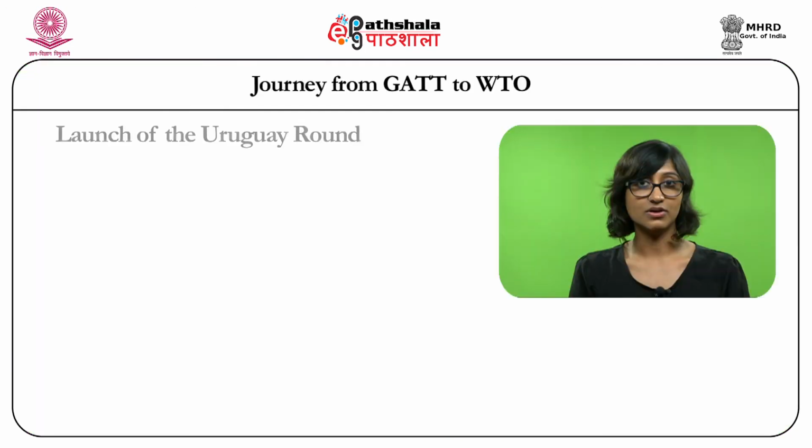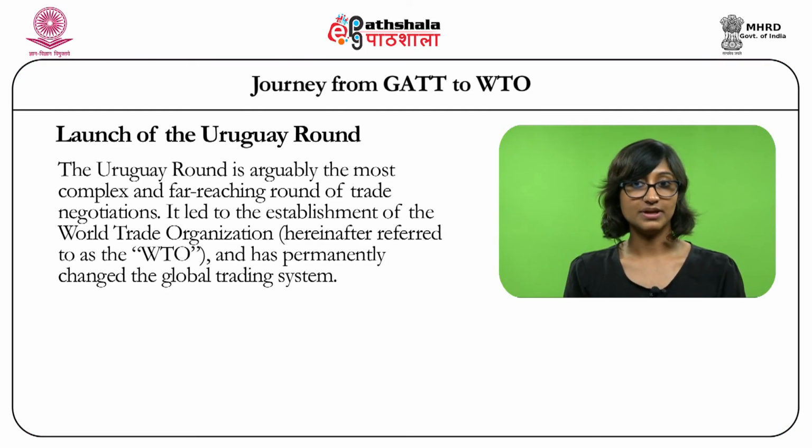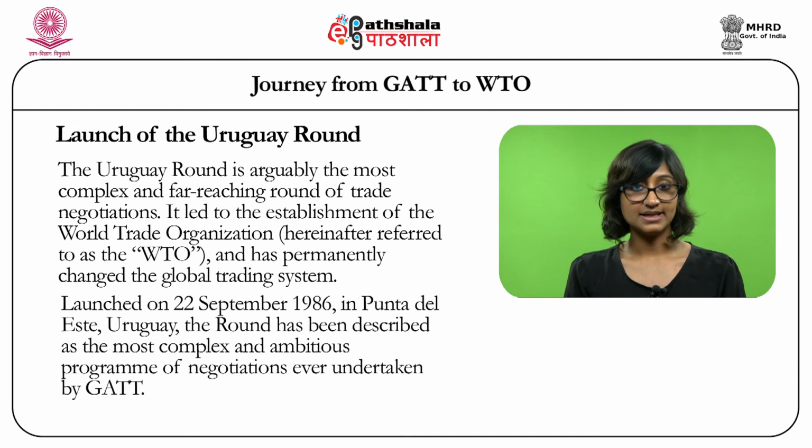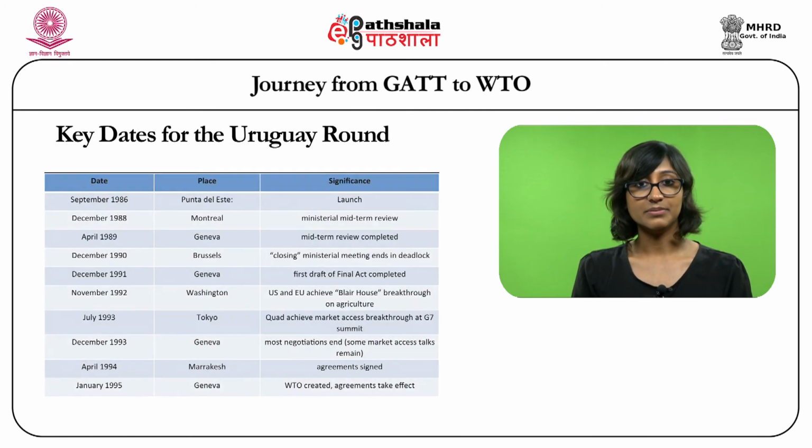Now we will deal with the launch of the Uruguay round. The Uruguay round is arguably the most complex and far-reaching round of trade negotiations. It led to the establishment of the World Trade Organization and has permanently changed the global trading system. Launched on 22nd September 1986, the Uruguay round has been described as the most complex and ambitious program of negotiations ever undertaken by GATT. The key dates for the Uruguay round are: in September 1986, the launch of the negotiations